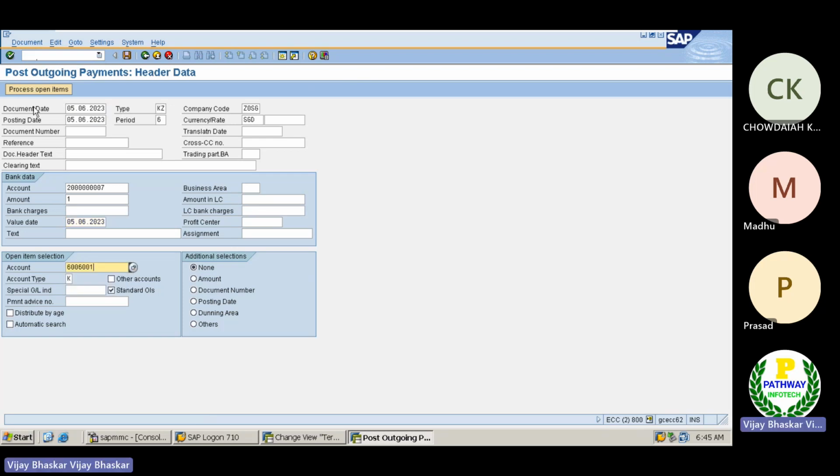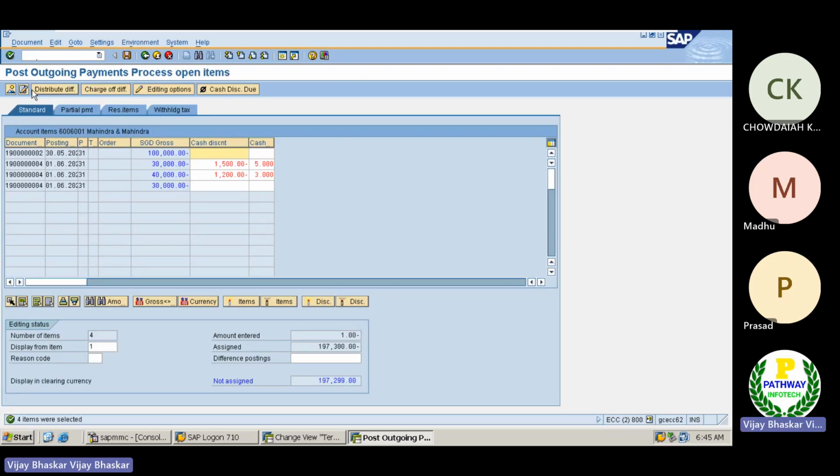Give the vendor, process the line item. Now you can see here, I do not want to go to this one. Now here you can see the total invoice. This is something different. This is not the current invoice we have posted. The invoice we have posted today, this is the invoice. Let us go and see the